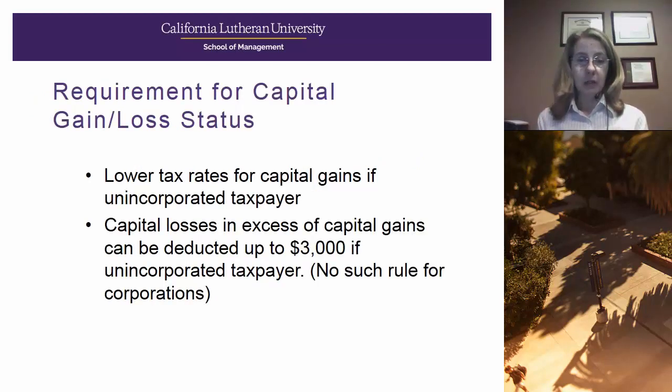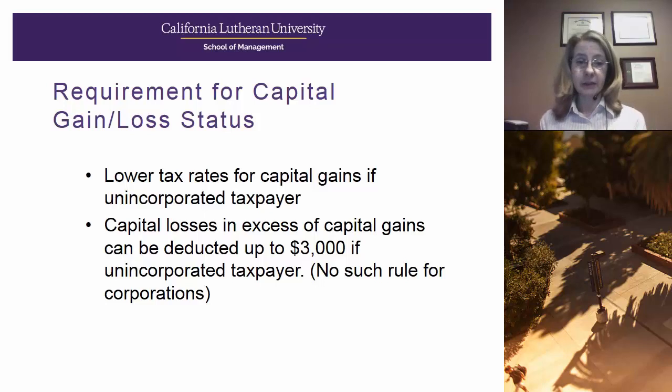So we talk about these preferential capital gain treatments, and those preferential rates are available for most taxpayers, for the unincorporated taxpayer, and more precisely it's for the non-C corporation taxpayer. So even an S corporation, technically they are incorporated, but those gains and losses are not taxed at the corporate level, they flow through. Same with partnerships and LLCs, sole proprietorships, and certainly any gains that are generated by an individual. All of these long-term capital gains qualify for that preferential treatment. Now that's on the gain side.